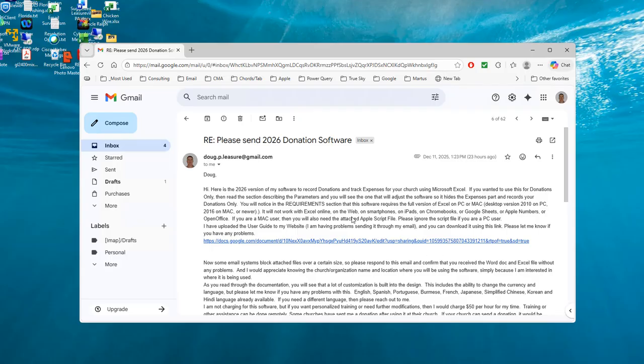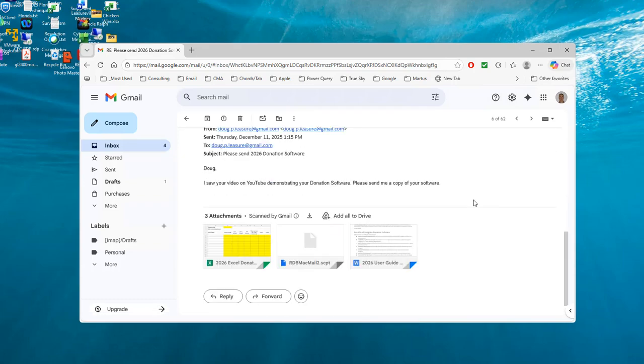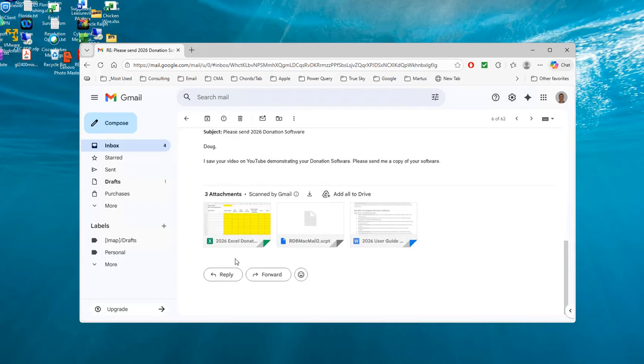As I said, I will send you an email message, and in that email message will be a link to download the user guide, the documentation, but also then I will attach the Excel file. You don't want to double click on it and open it inside of your email system. You want to extract it or download it out of the email. So let's do that in Gmail. It's clicking on this little download button,